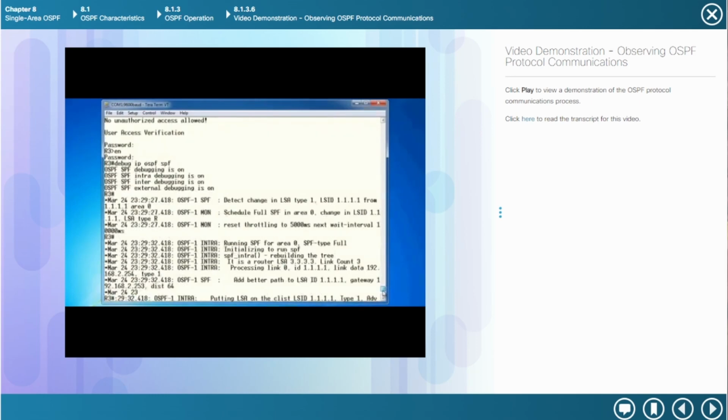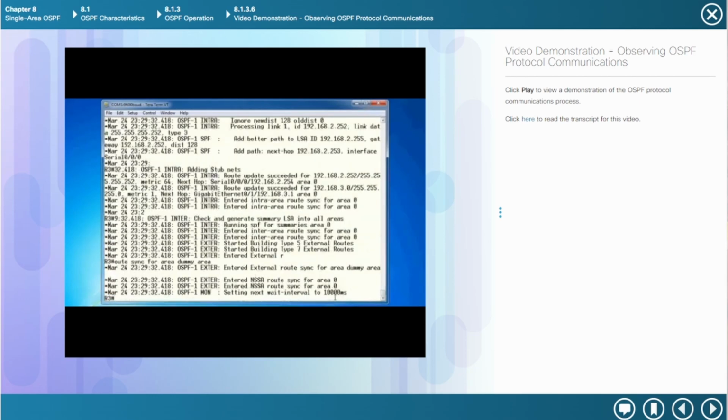If we scroll up, you can see here that it is initializing to run the shortest path first algorithm. You can see that link state advertisements are being exchanged, and you can see from down here at the bottom that routes were added for the